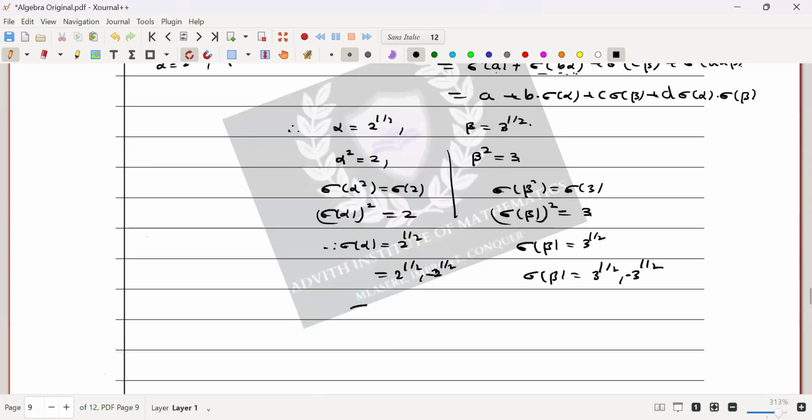That means sigma of alpha is equal to minus alpha and sigma of beta is equal to minus beta. So if we define these, then there exist four